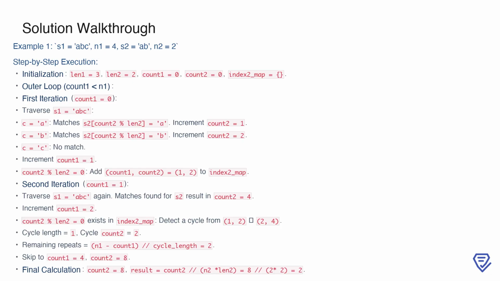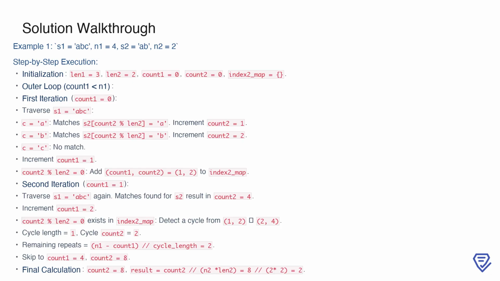In the first iteration of the outer loop, we traverse S1 character by character. The first 2 characters, A and B, match sequentially with S2, so we increment count2 twice. The third character, C, does not match, so we only increment count1 after finishing the traversal. Since count2 % len2 equals 0, this indicates that we've completed one full repetition of S2, and we record count1, count2 in index2_map. In the second iteration, we traverse S1 again, and another full repetition of S2 is matched, bringing count2